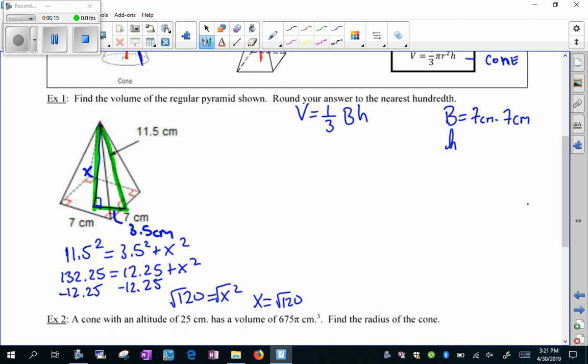All right, now let's plug into our formula. So the volume, that's what I'm looking for, equals 1/3. Well, that's going to be 7 times 7 times the square root of 120. Okay, when I plug that into my calculator, that's going to equal